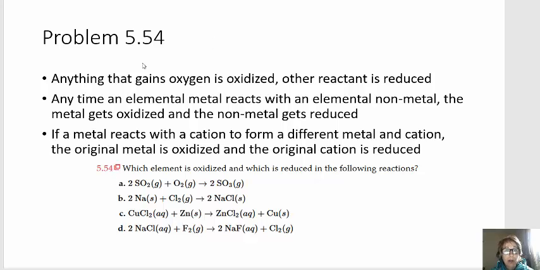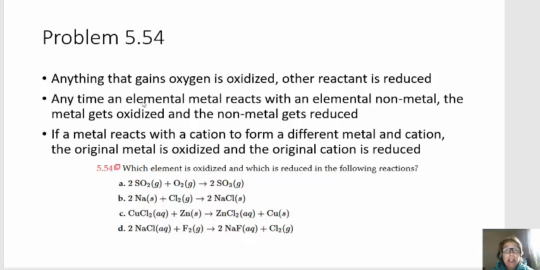Let's look at problem 5.54, and it asks us to identify which element is oxidized and which is reduced. So remember that oxidized means it loses electrons and reduced means it gained electrons. So sometimes we can determine that just by looking at charges, and sometimes it's not as easy. So let's look at